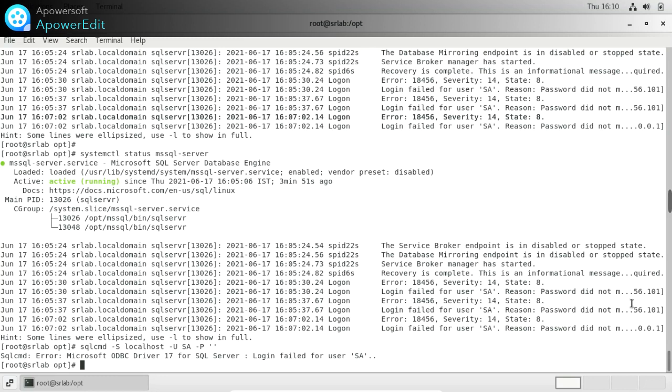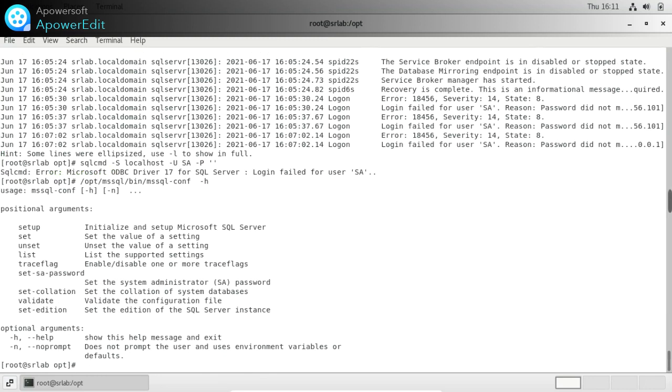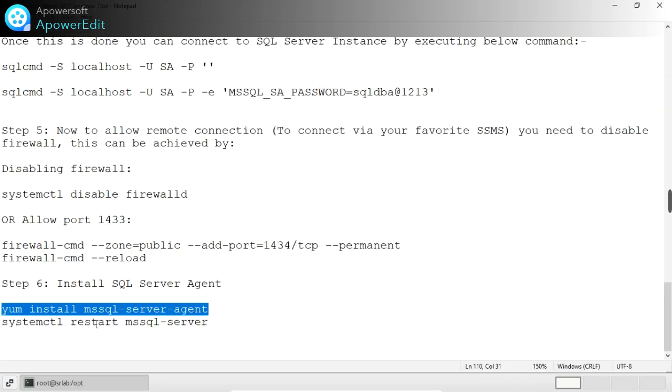The reason is the password did not match, so I need to reset the password. So I have validated in this way. I am trying to set the password for SA, but I am not able to set it because I am getting an error.